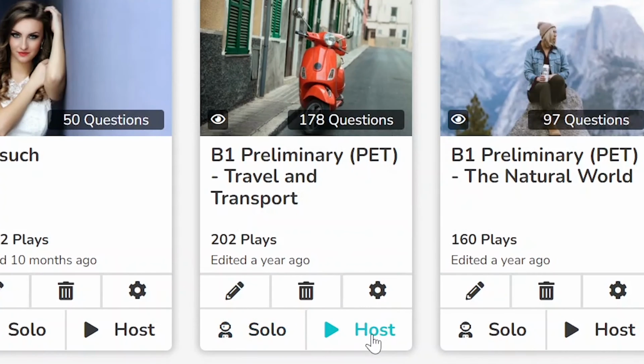For this game mode, it's really important that you have a lot of questions. So do not choose a question set that has, say, between 5 and 10 questions, as these games tend to go on for at least, I'd say, 4 or 5 minutes. So if the question set is short, then the students will start answering the same questions over and over again.